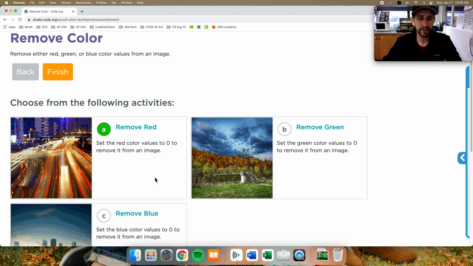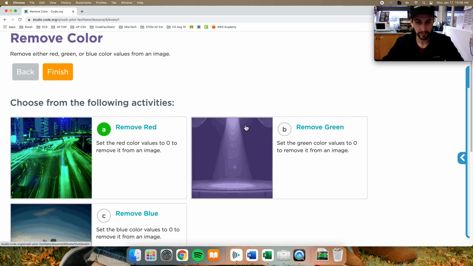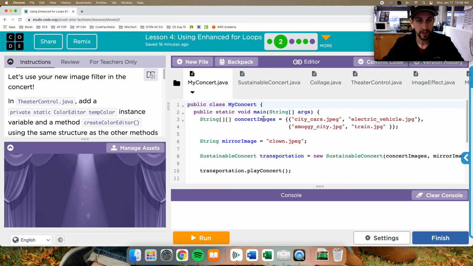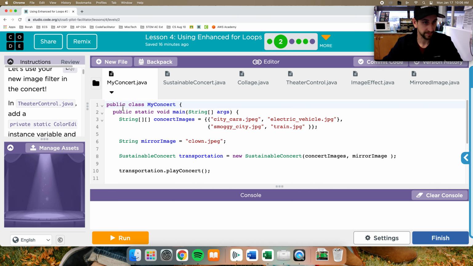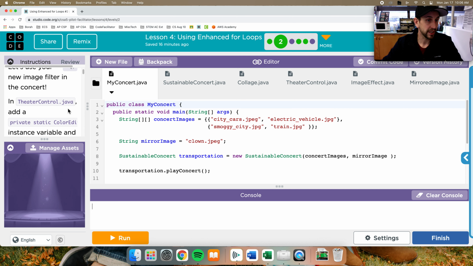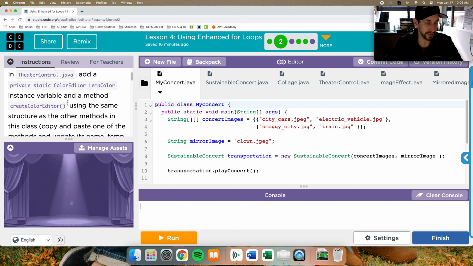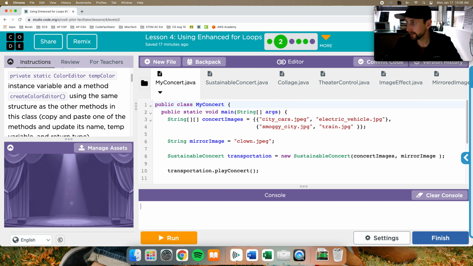You can do remove green and remove blue. It's basically the same thing as remove red, only you'll be removing the green and the blue. But I'm going to hit finish on this. Flow to the next level. Next level says, let's use your new image filter in the concert. Okay, so in theatercontrol.java, add a private static color editor temp color instance variable and a method create color editor using the same structure as the methods